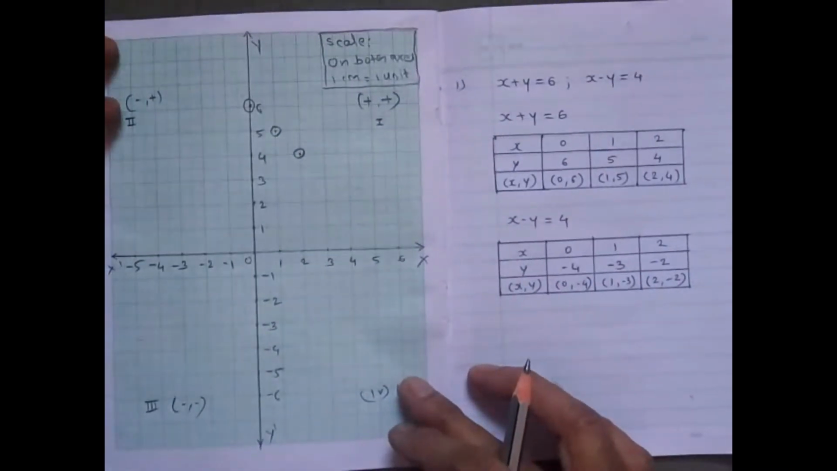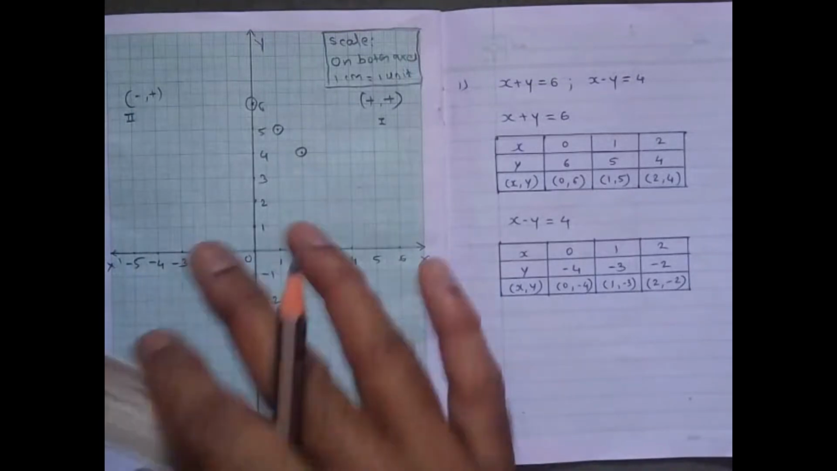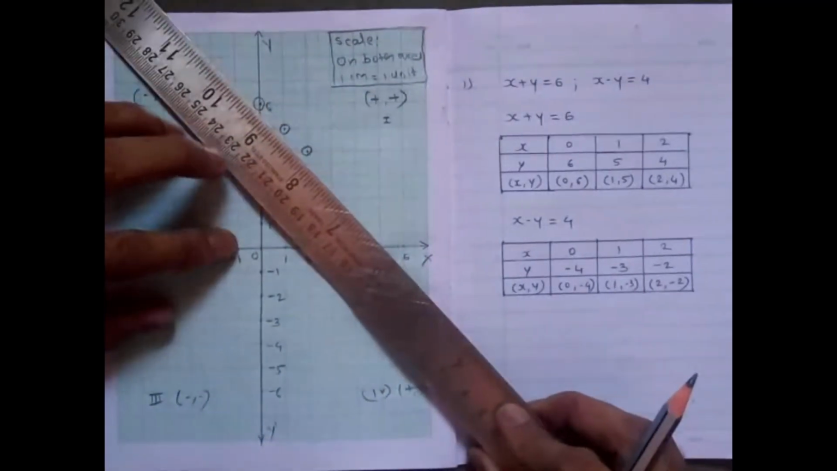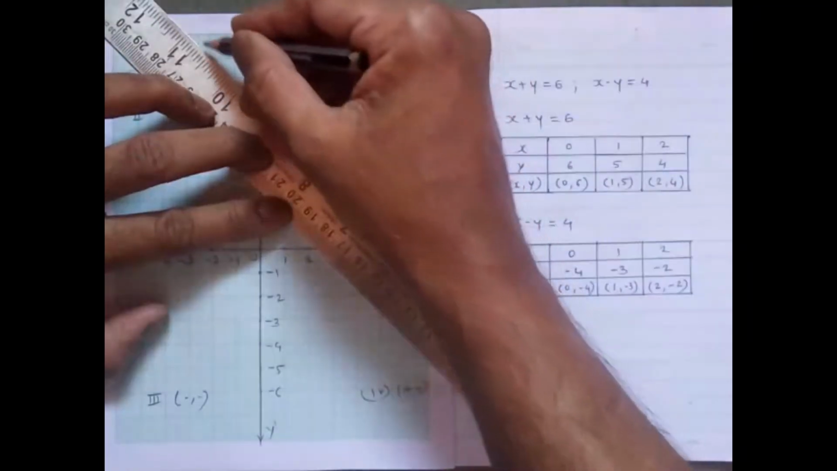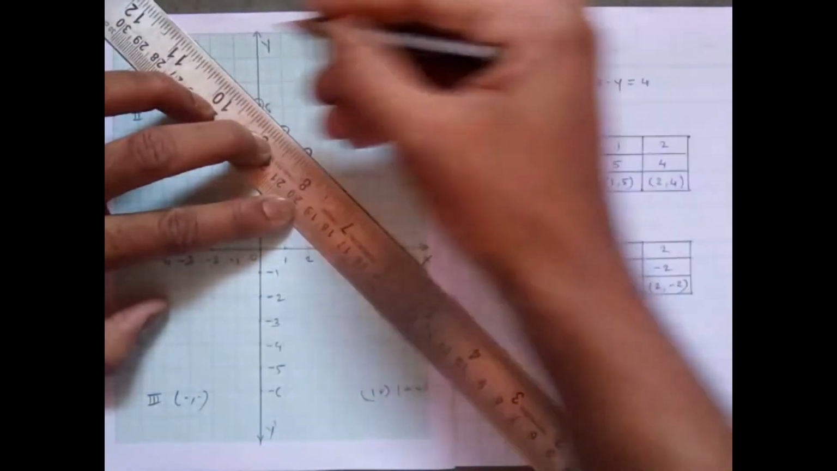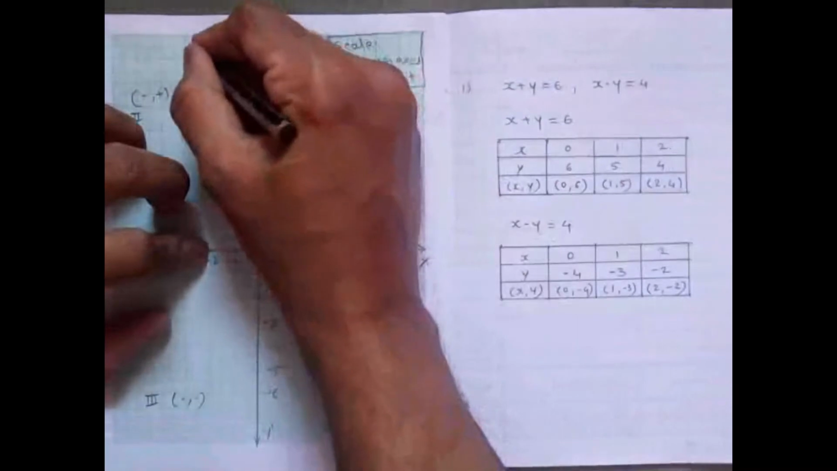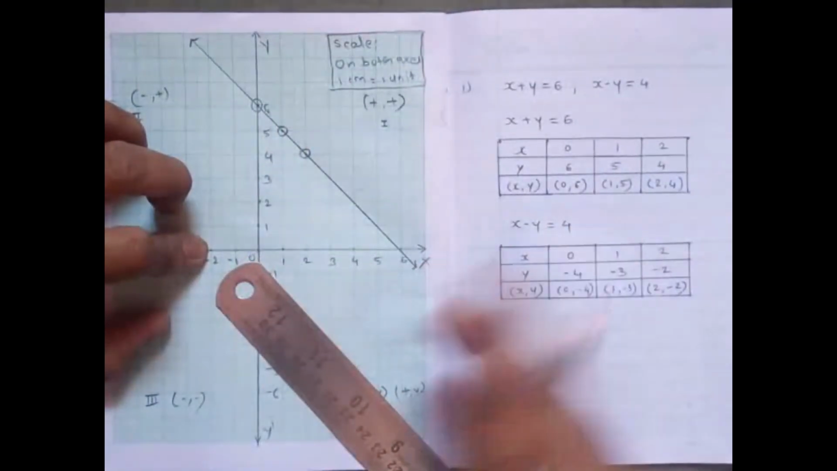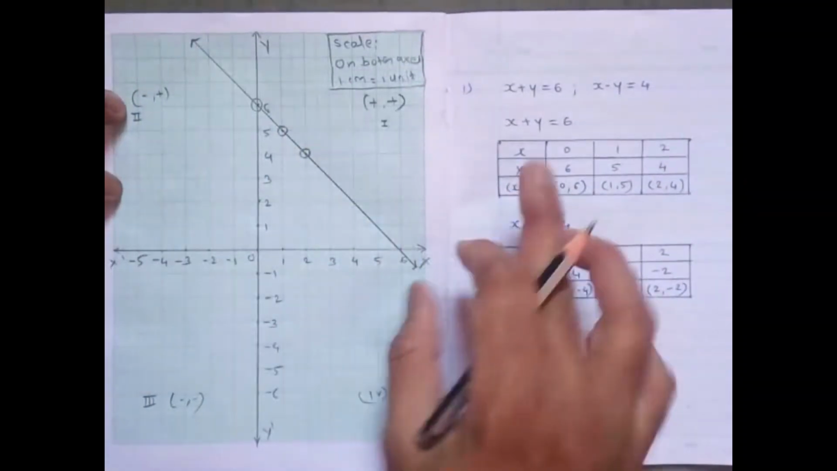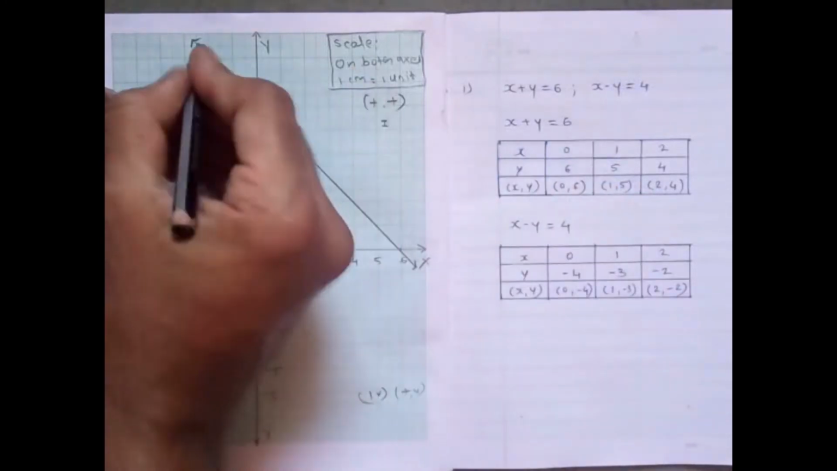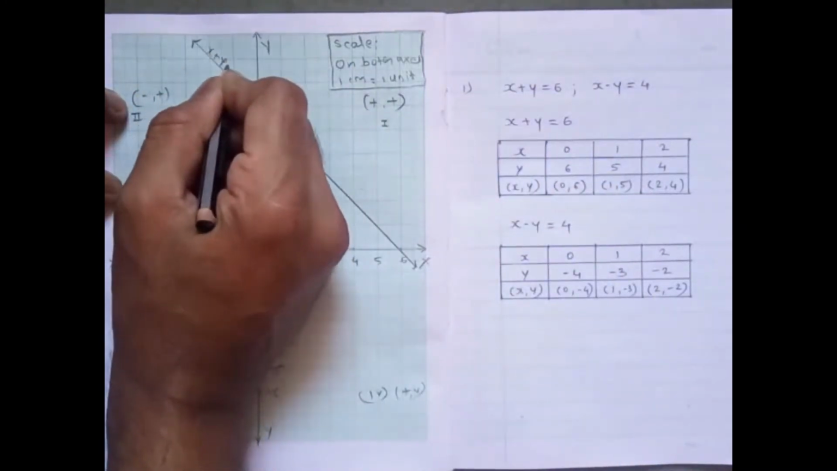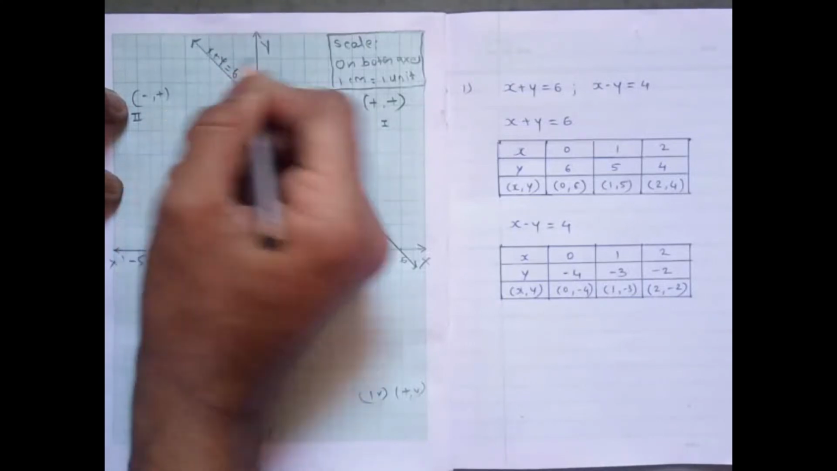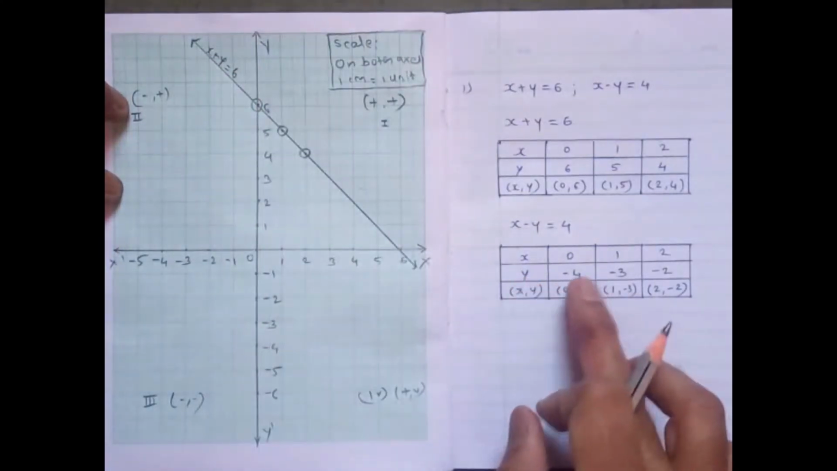I will draw the line. Draw the line. Equation of this line is x plus y is equal to 6. Second table is